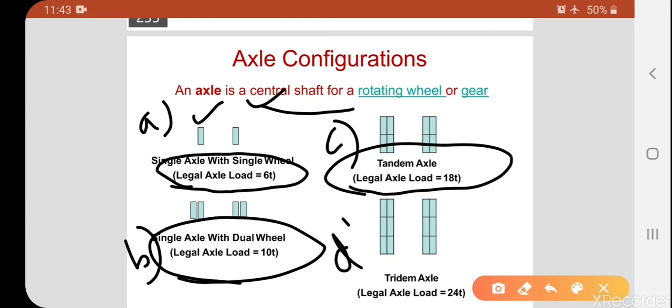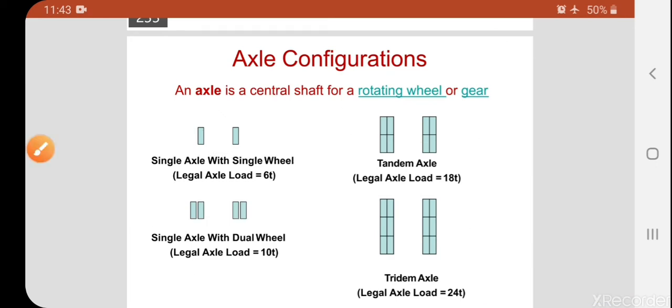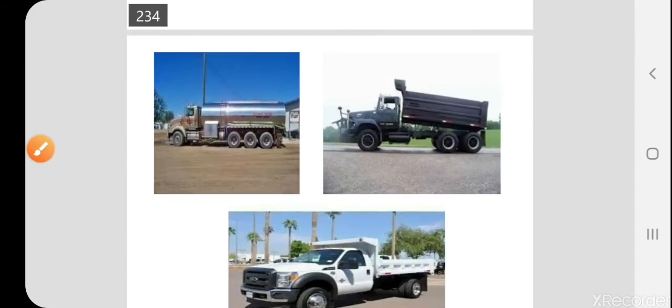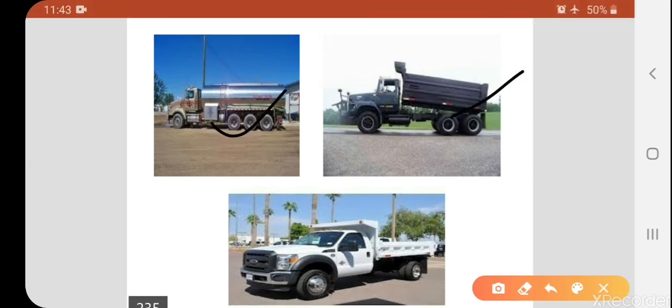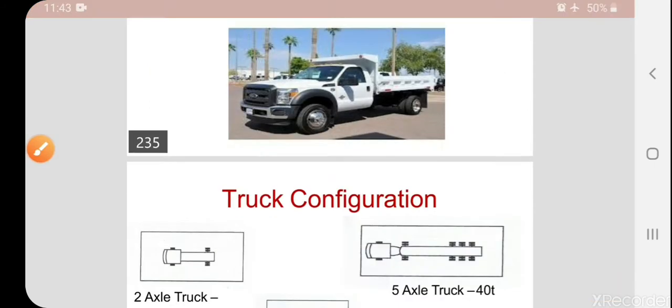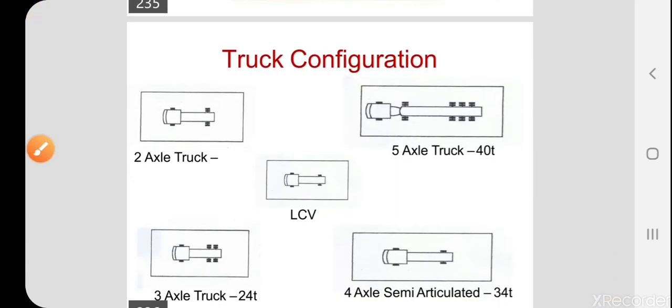And the last one is D, 24 tons. This one is the heavy tonnage vehicles. So we can see here 24 tons vehicles, 18 tons, and 10 to 12 tons vehicles. Next, truck configuration. Two axle truck,